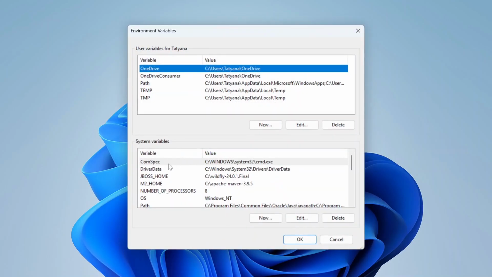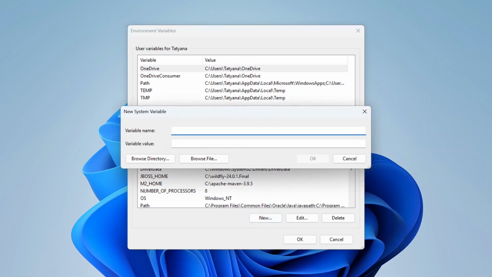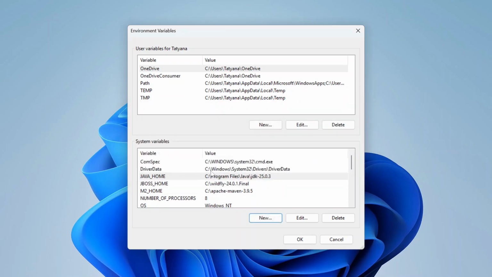And here in lower window, we need to create new variables. We press New and write here JAVA_HOME in uppercase with underscore. And here we should paste path to our directory with installed Java. So we are pasting it and pressing OK.